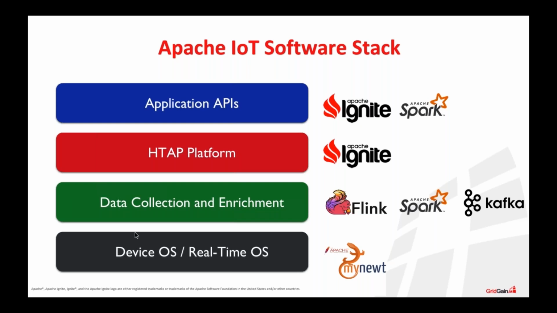But in some of the scenarios I have learned about, people, for instance, use Kafka as a data collection platform that receives different measurements and samples from the devices. After that, this data is transferred, let's say, to Apache Ignite or to another system. It doesn't matter. And it's the same for Spark. So it's up to you, up to your preference, I think.